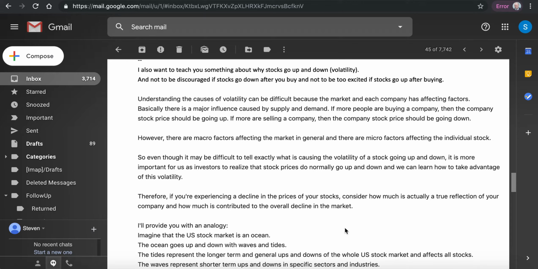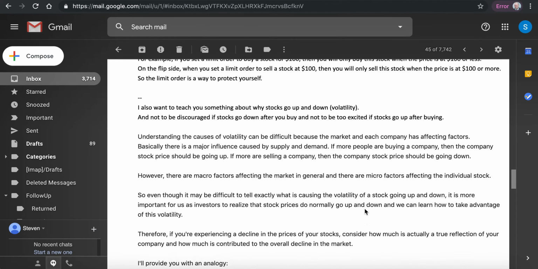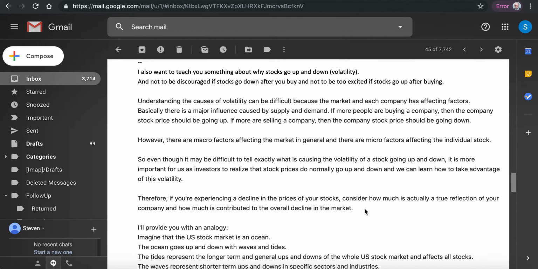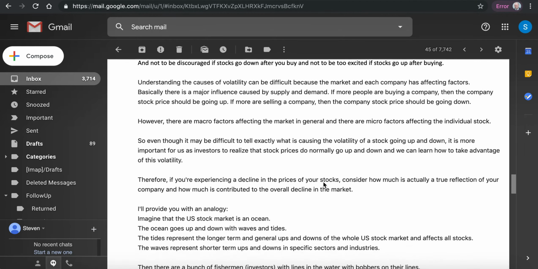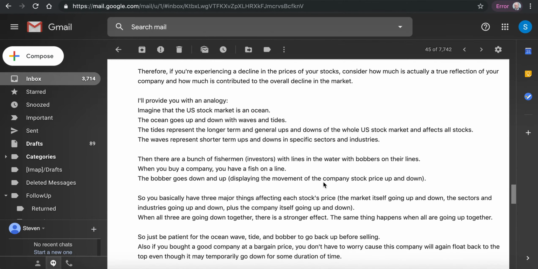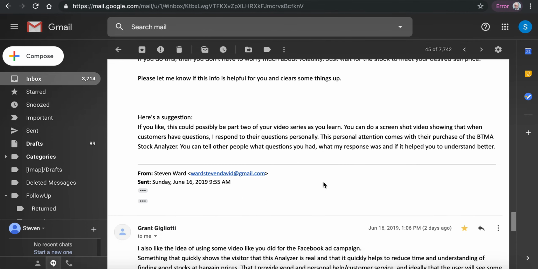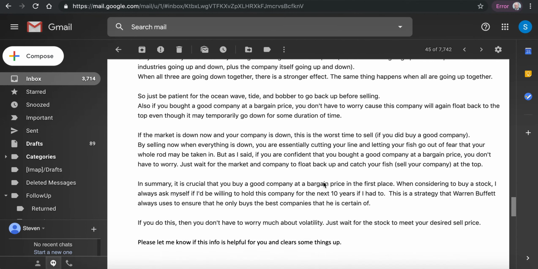And anyway, I'm buying one stock at a time, and I'm really looking for penny stocks, which are stocks under $5 apiece. Anyhow, he responded with this amazing email talking about volatility and all of the factors that go into it. It's a lot to process, but I did read through all of it, and essentially, for the summary,